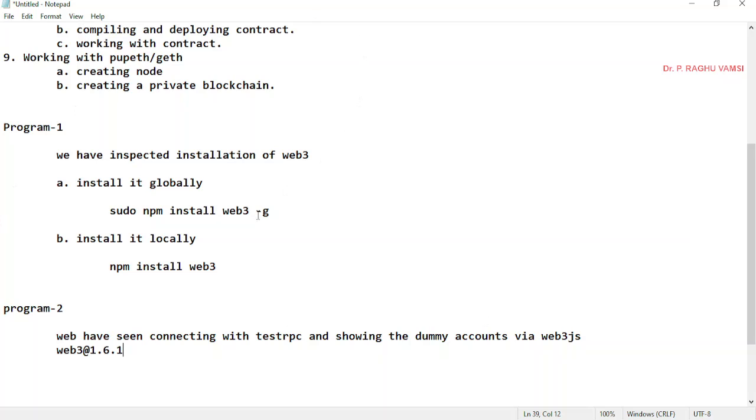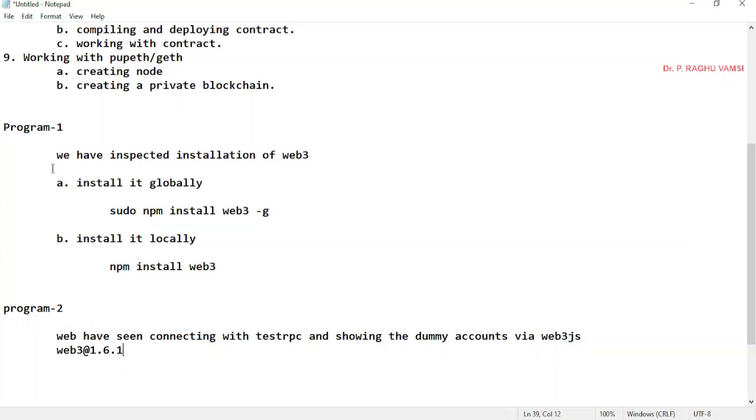Clear? This is the one I have provided, in which I have used the promise, shown how to resolve the promise and get the result, and show it in the drop down box. This program was seen as the second program.